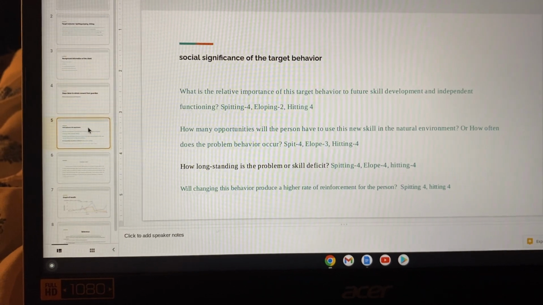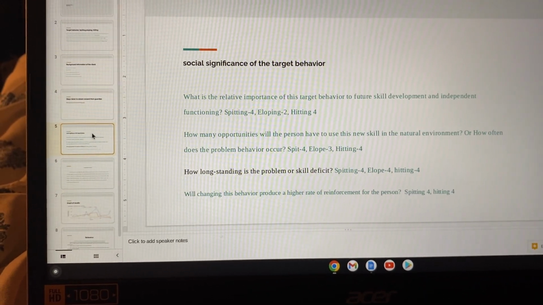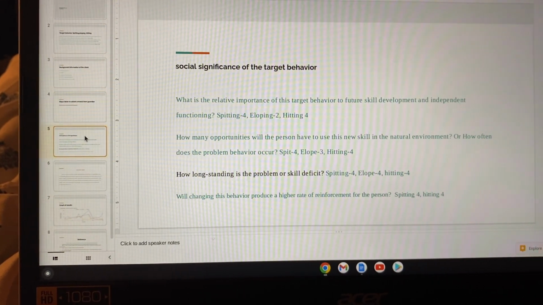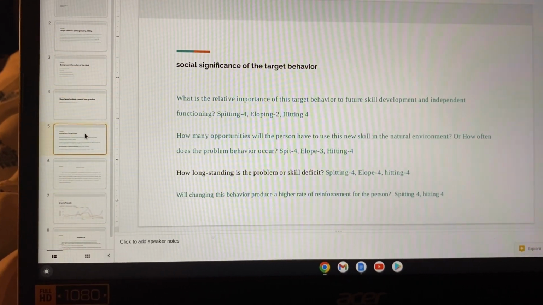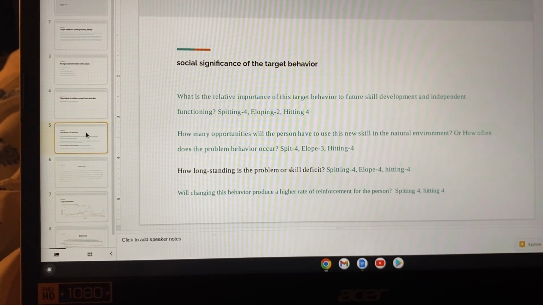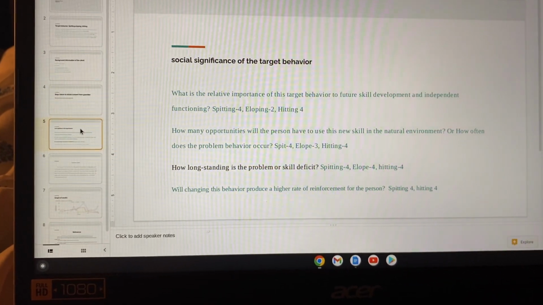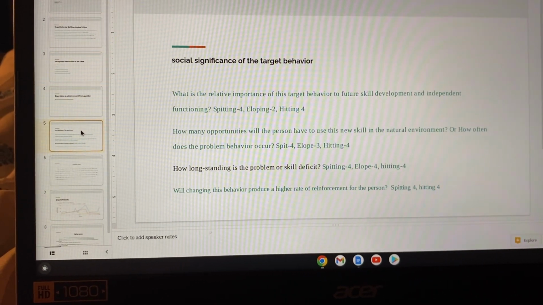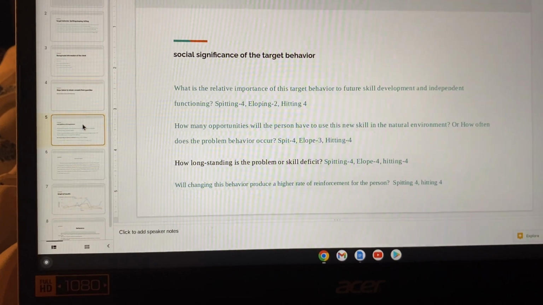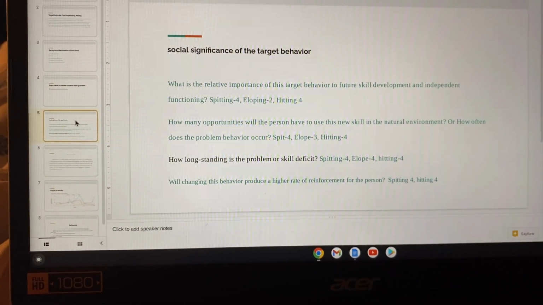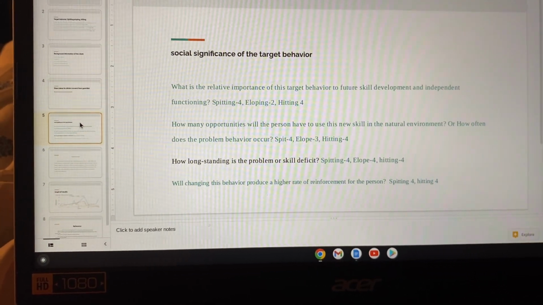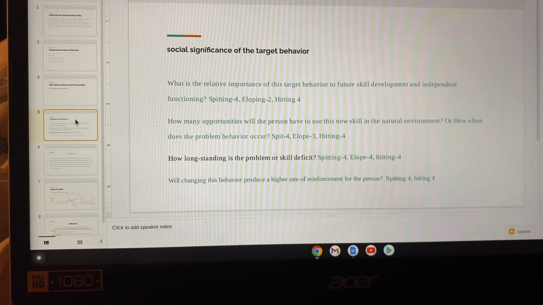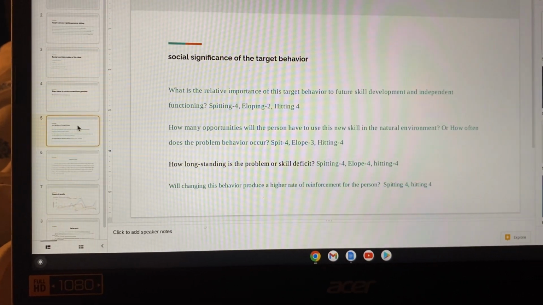Will changing this behavior produce a higher rate of reinforcement for the person? If you can answer this question and get a high percentage for it, then you are heading in the right direction, or with any of these questions, for that sake. If you answer these questions and get a high rating for any of them, then you know you are heading in the right direction in figuring out whether or not this target behavior is socially significant, and whether you should go forward in implementing the procedures